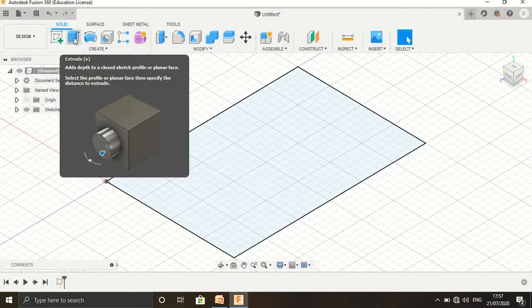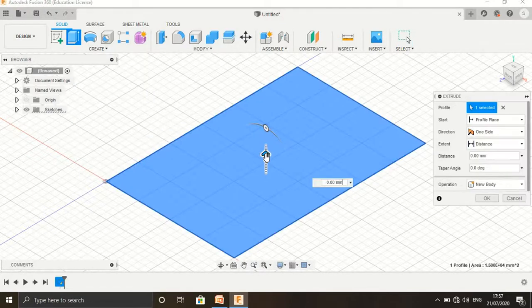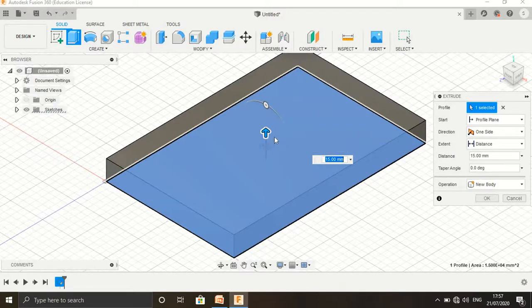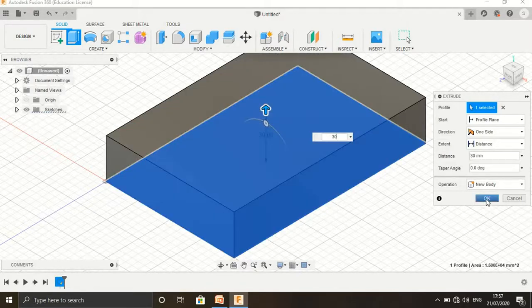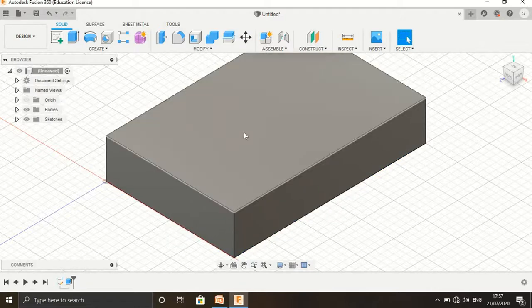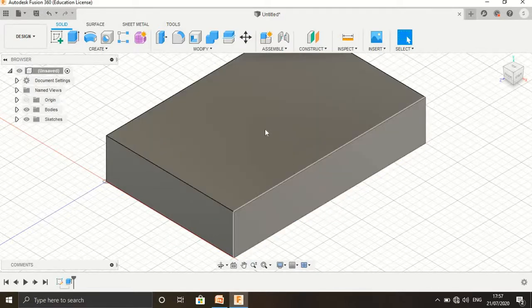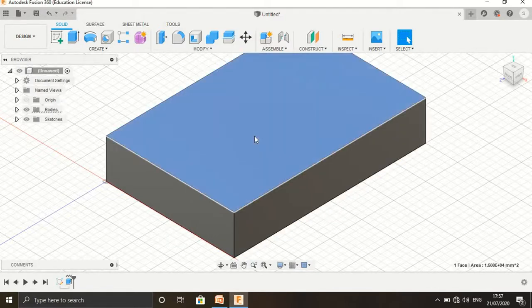By using the extrude command, give the thickness or height, that is 30, and okay. Now on the top of the block we are creating the cavity or pocket.